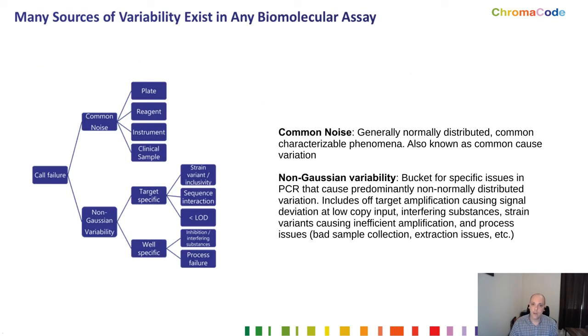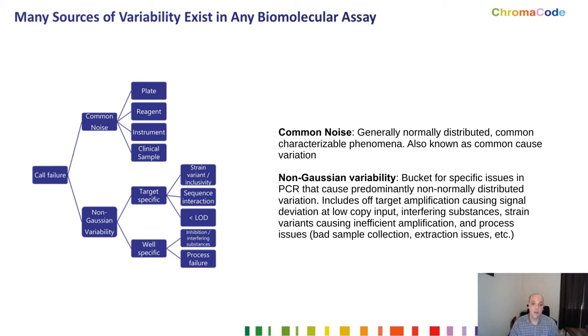Finally, as we start to think about the assay, now that we've designed the assay, we've engineered the assay, we've developed cloud tools that can help us understand what's going on with the assay, we want to be able to leverage that to improve our products. As you look at maybe a reason that an assay wouldn't perform as well as you would hope, there are so many different sources of noise, whether it's common cause noise. Typically this is generally normally distributed, commonly characterizable phenomena. This is common cause variation, right? Maybe plate to plate, reagent to reagent, lot to lot variation, instrument variation, clinical sample variation in the case of our EUA assay as an example,